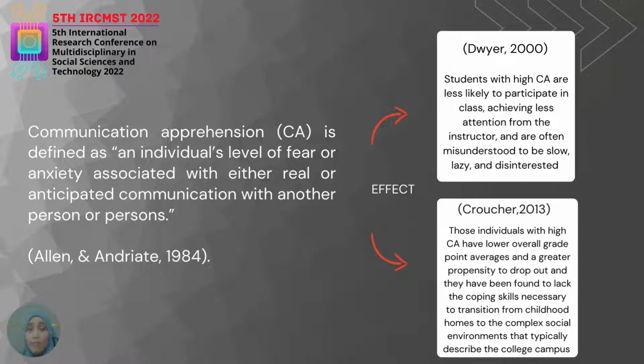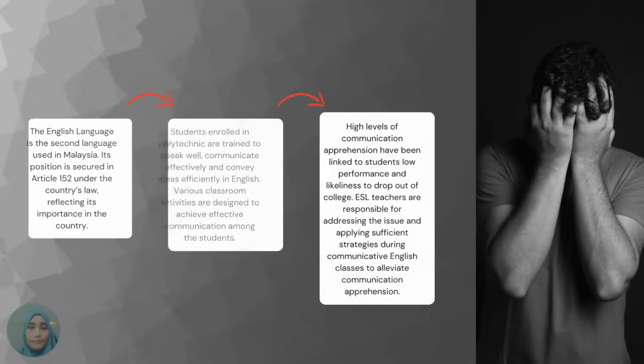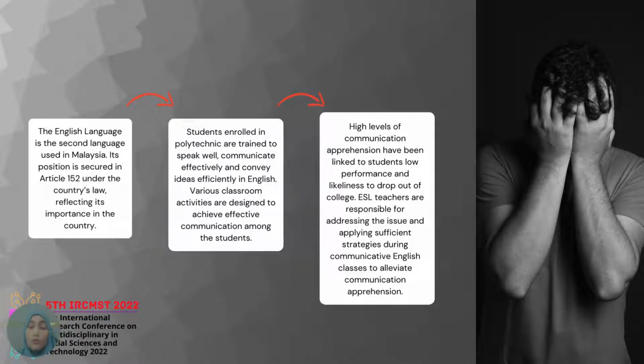So, based on the statement made by the experts, we can deduce that students with high level of communication apprehension will most likely face difficulties in subjects that require them to talk a lot. In English subject, for example, students are required to practice the language by communicating with others. In Polytechnic, students are trained to communicate effectively in English through various classroom activities. And these activities involve a lot of interaction among students and practice the language. Students with high CA are most likely to face difficulties to excel in English if they are required to communicate with others a lot,